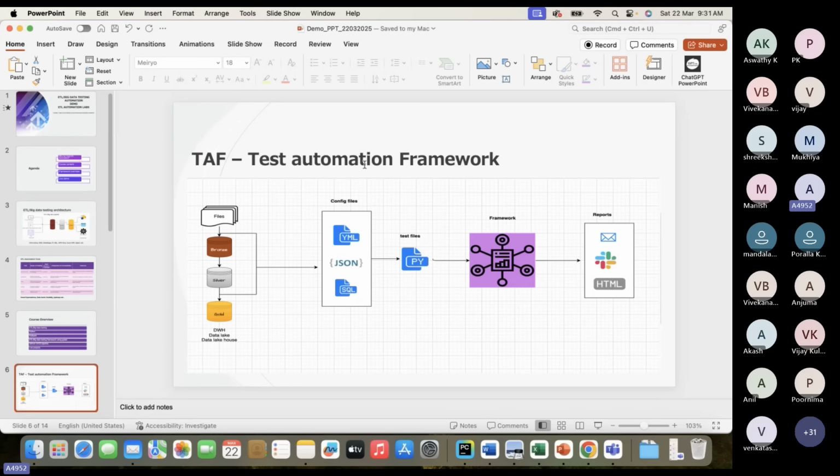One framework that we are going to discuss, maybe not now, maybe in future classes, is the Pytest automation framework. So the framework architecture looks like this. On the left side, I just mentioned a typical ETL project architecture: file to bronze, bronze to silver, silver to gold. Again, this naming convention will vary from project to project, or the layers may increase or reduce from project to project.